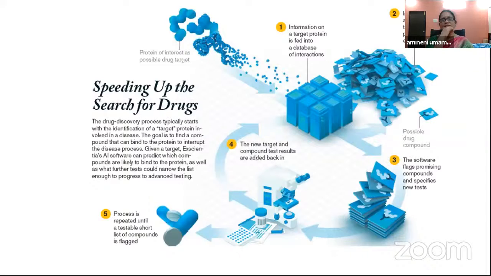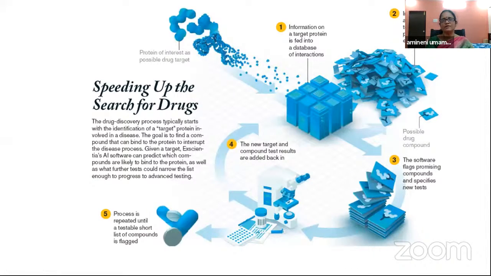With artificial intelligence, previously it was a linear fashion; now it is a circular fashion. If we have one target, we can study the interactions and collect the molecules. Among these molecules, whichever do not follow Lipinski we can eliminate, and the possible drug-like compounds we put in a database, and these compounds can be used for any type of disease.